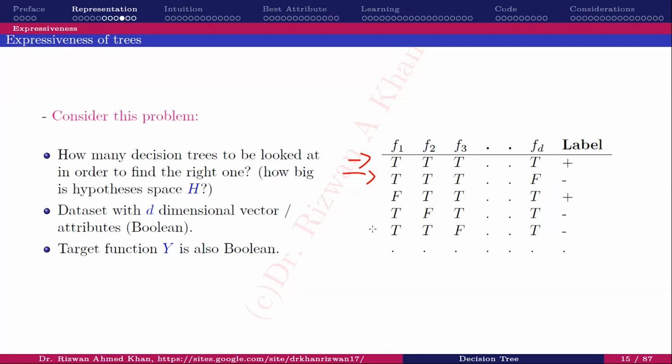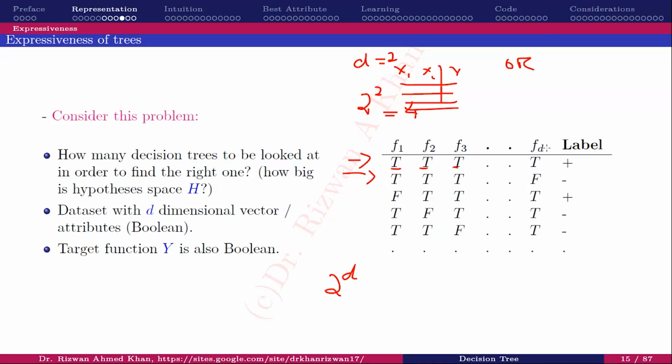Right. As Farid said rightly, it's 2 to the d. 2 to the power of d functions are there in this data set. And why I'm saying, because these are Boolean attribute values, right? So 2 to the d, consider when we were doing XOR or OR, we were having x1, x2 and y. So it's a 2-dimension, d is 2 over here, and 2 to the 2 means 4. So we had 4 possible functions in that OR truth table or data set.